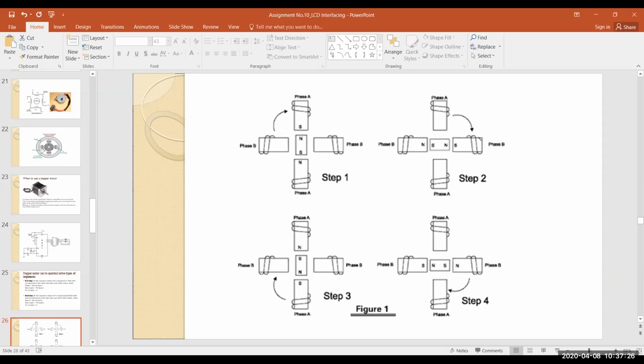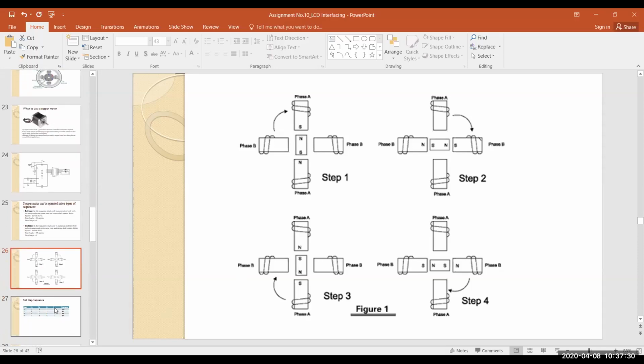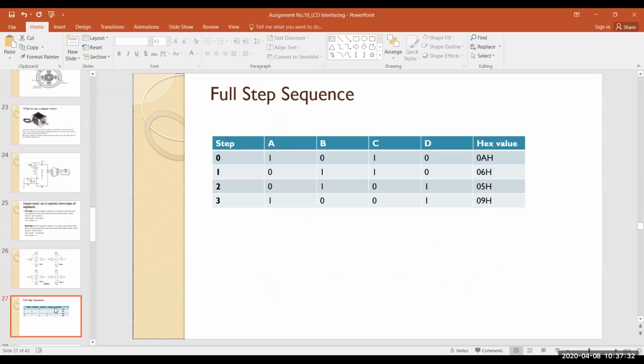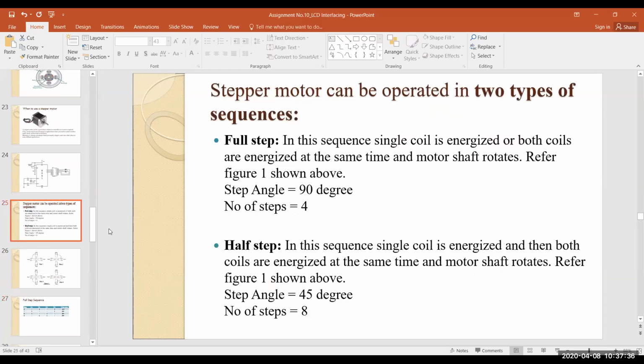So if you are considering a 90 degree angle, then that step angle is 90 degrees, and the number of steps